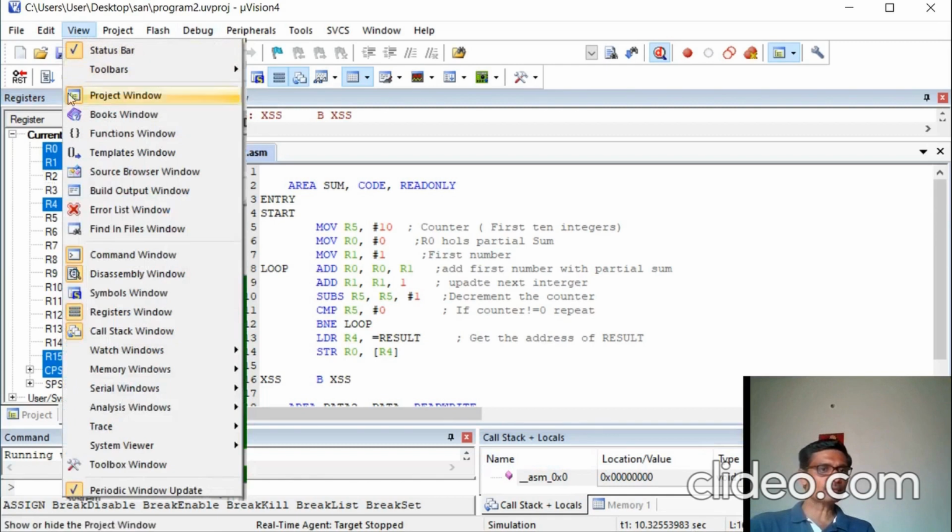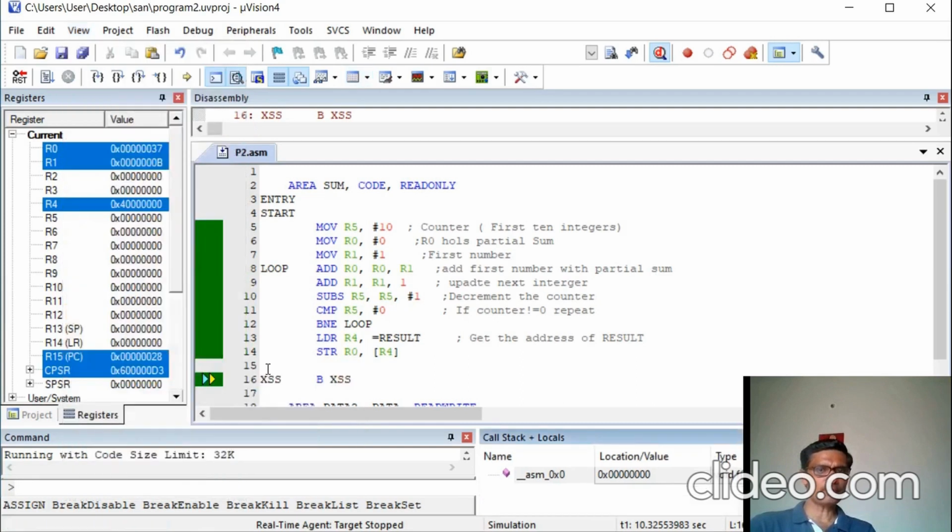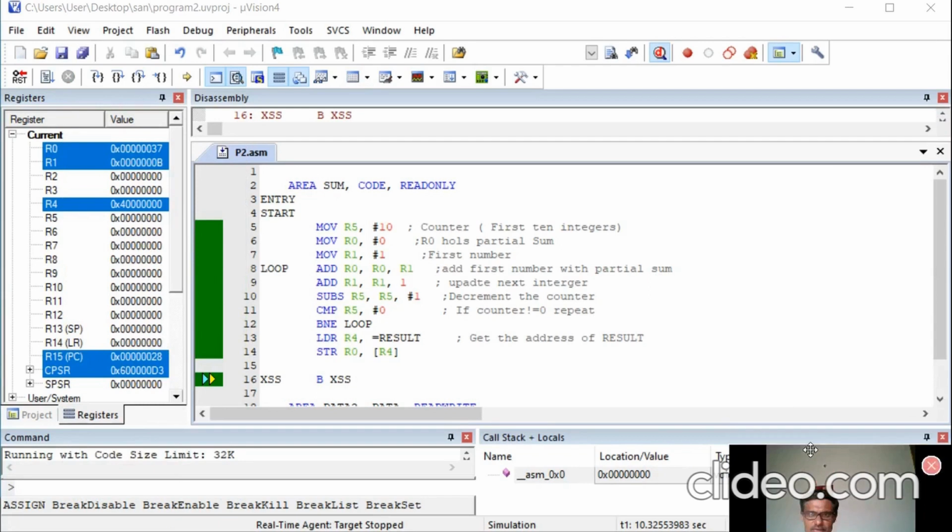Go to view, memory window. In that, select memory 1. I'll repeat. Go to view, memory window, and in that, the memory 1 window, which you can see here.